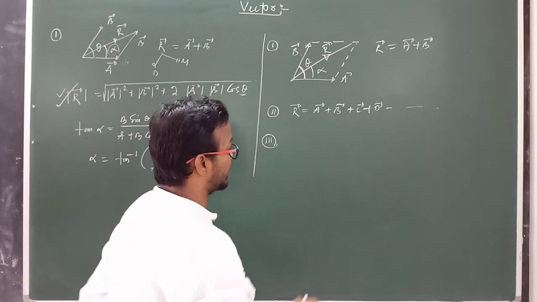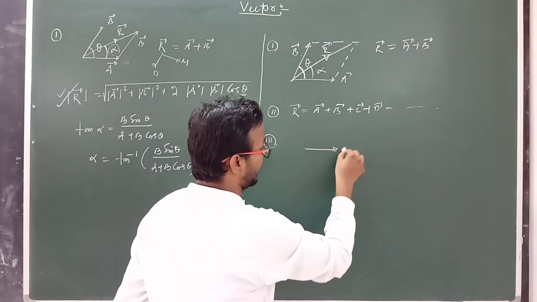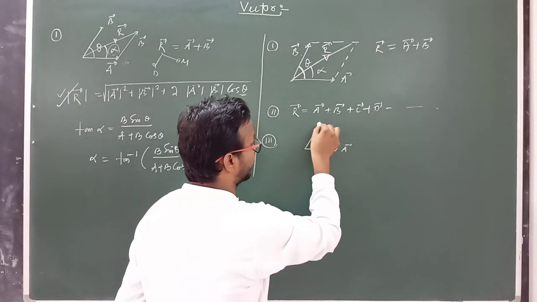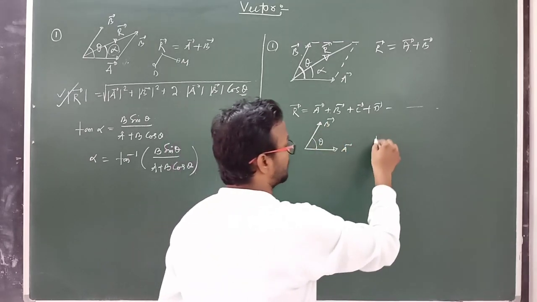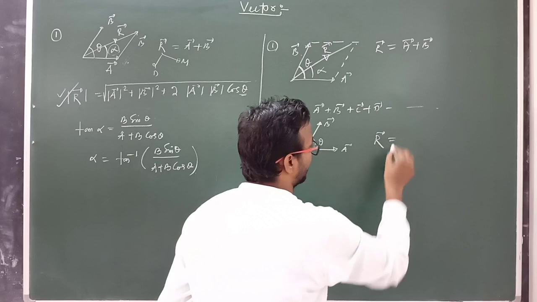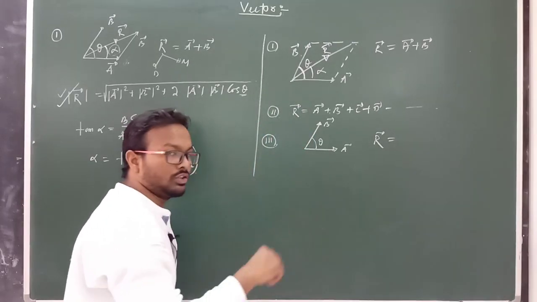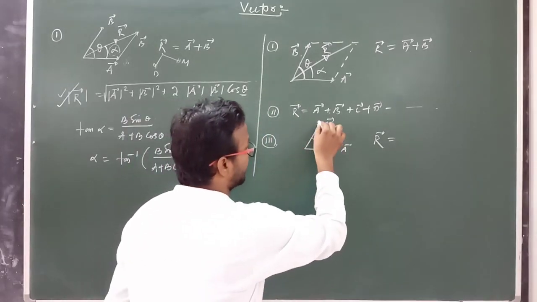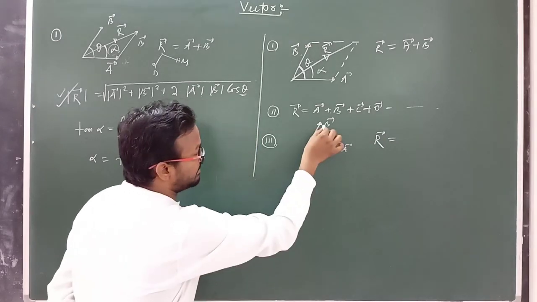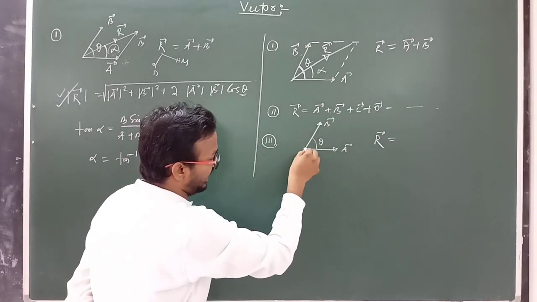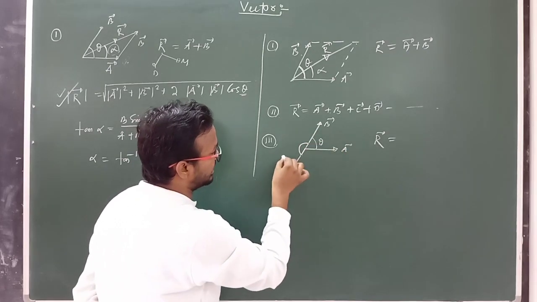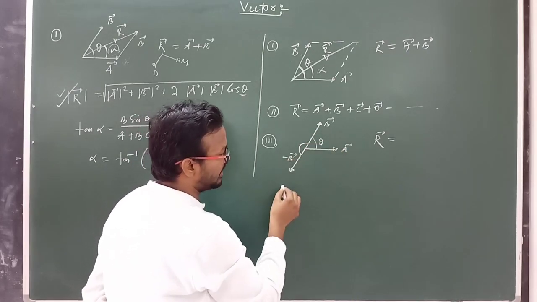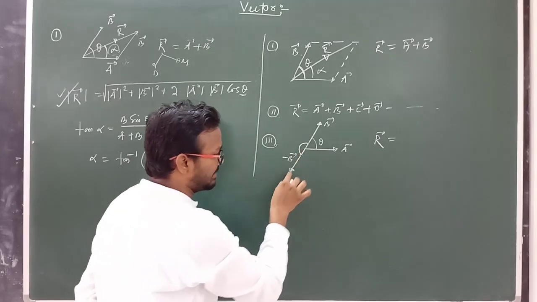We already know vector subtraction means, suppose here vector A and another vector is B, with angle theta between them. Now we have to find the resultant vector here. Vector subtraction means we already know what a negative vector is. This is the B vector direction, and this is known as a negative vector, which is opposite, meaning 180 degrees, and you can write minus B vector. Clear? And here A vector, and this is minus B.